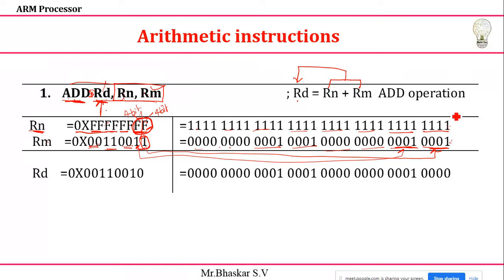What is the value of 1 plus 1? 0 with carry of 1. So how are we getting 1 plus 1? It is 0 with carry. See, 1 plus 1 means in decimal we say it's a 2. But 2 I can't represent in binary. So I'm going to take it as 1 and 0. So 1 and 0 is the binary representation of 2. In that case, we'll write 0 here and we are going to take the carry, which is 1.